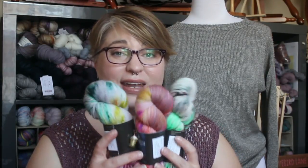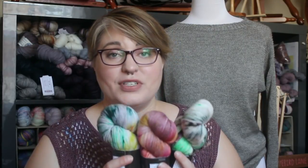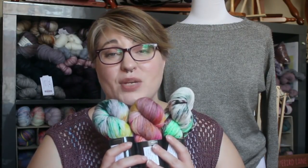I've actually not been buying a lot of yarn. I'm actually going to be getting rid of a ton of yarn. I'm thinking I might do charity auctions on eBay. So if you're interested in that, I'm thinking I might donate a certain amount of the proceeds to a charity of choice, and get rid of some of my stash, because I'm probably going to be moving in with a friend